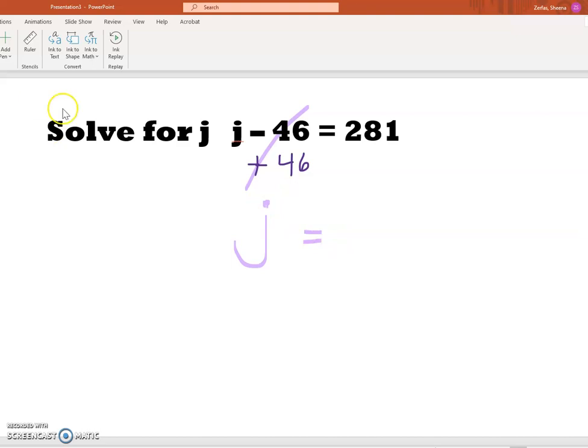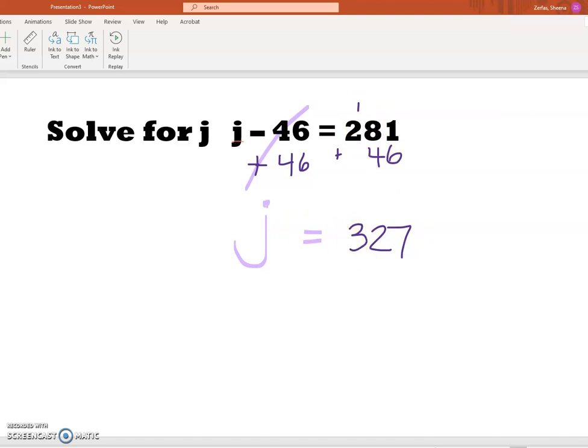And just keeping it balanced, because I added 46 on the left side, I'm going to make sure I add 46 on this side, which tells me j equals